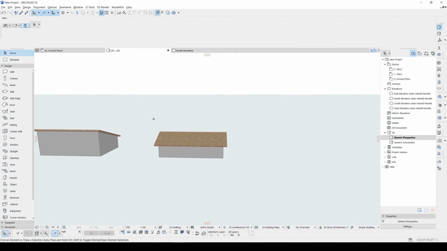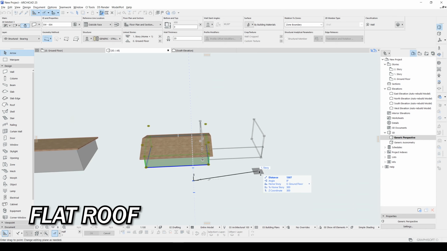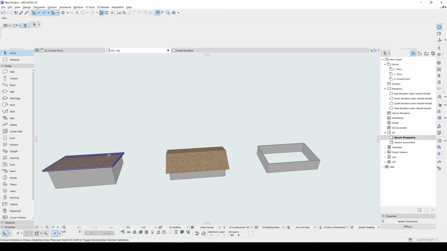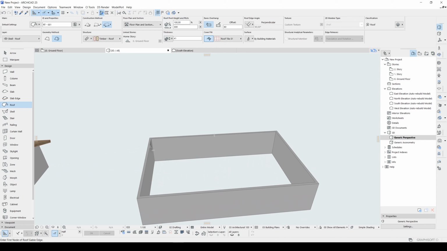Alright, next one will be the flat roof. Let's copy this one first. Same as this one, let's click this and we will determine our first reference line and slope direction. And after that, our rectangle.